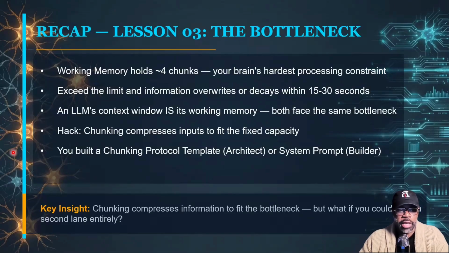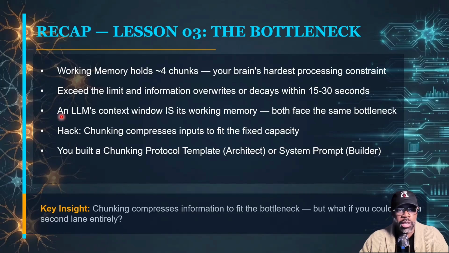Now, quick recap of what we talked about last class. We talked about how working memory holds 4 chunks, your brain's hardest processing constraint, right? So we learned in the previous lesson, the working memory bottleneck lesson, about those 4 chunks of information that your brain can hold. If you exceed the limit, information overwrites or decays within 15 to 30 seconds. So you only got 15 to 30 seconds before that information gets dumped,